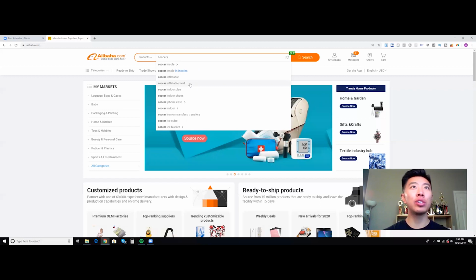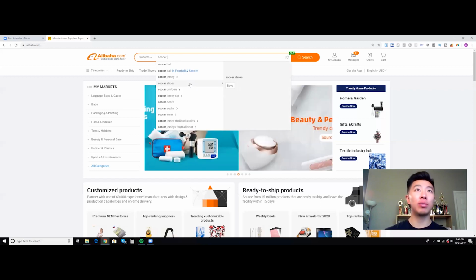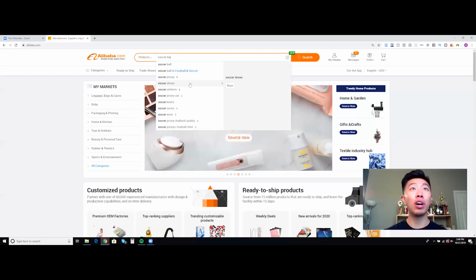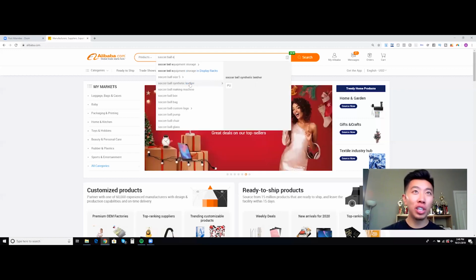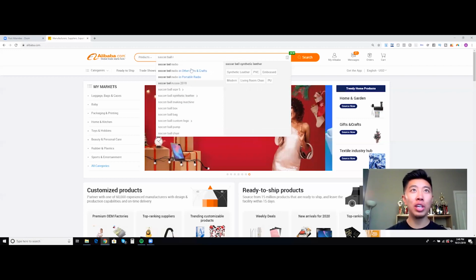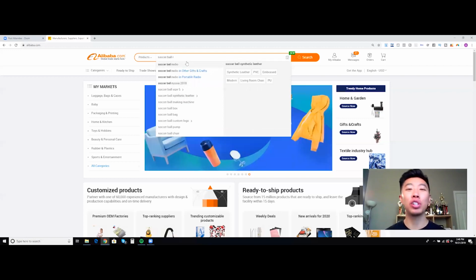And another thing that you can do is go for longer tail keywords. So if you wanted to type in soccer ball, and then you typed in soccer ball W, soccer ball wall mount, soccer ball with rope, soccer ball World Cup, soccer ball equipment storage, soccer ball size, you guys get it. So you guys can go deeper and deeper into longer tail keywords to find out what people are searching for